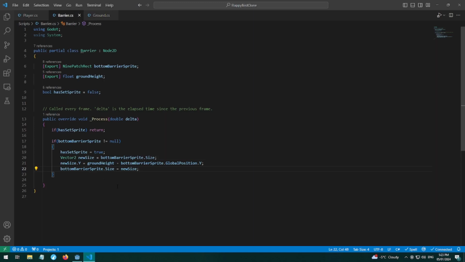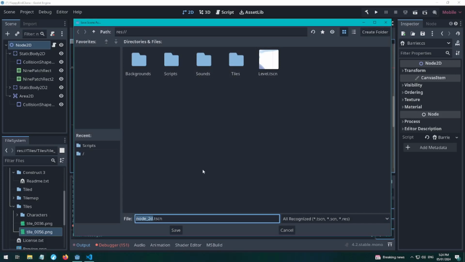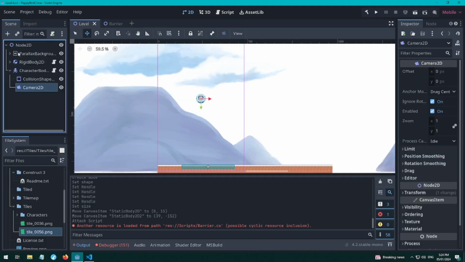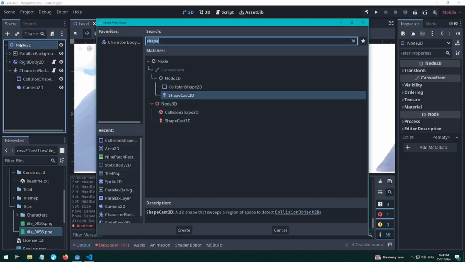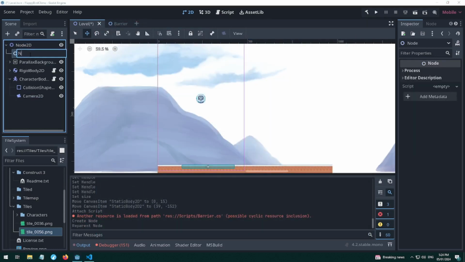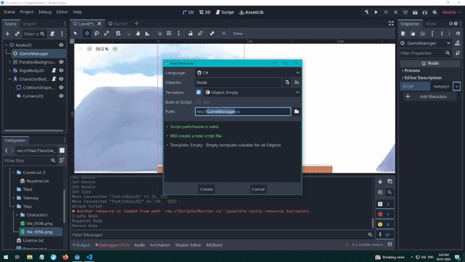Now we'll just need to spawn these every certain distance so that the player can run into them. To do that, we'll go back to the level scene. Actually, first we'll have to save this scene, and we'll call this barrier. Then we'll go to the level scene. We'll minimize this. We'll go Control A and we'll do a node. Drag this to the top. We'll call this Game Manager. And we'll make a new Game Manager script. Put that